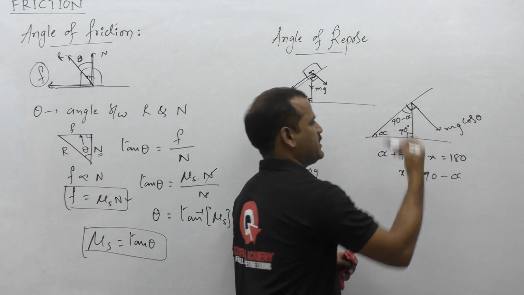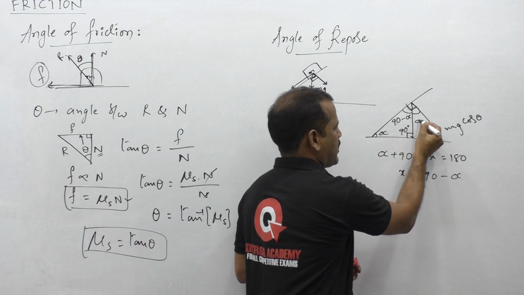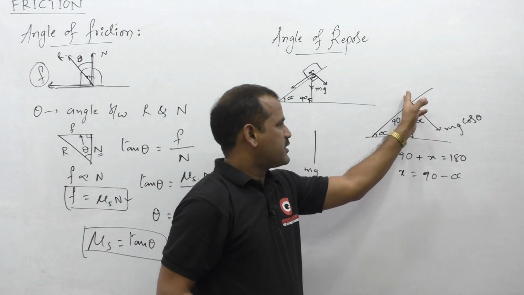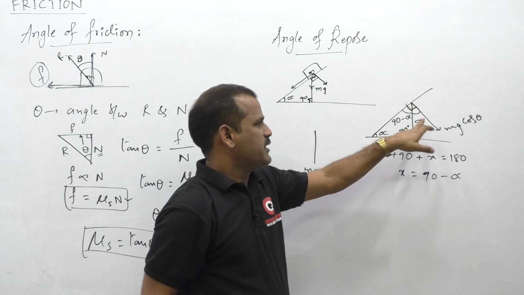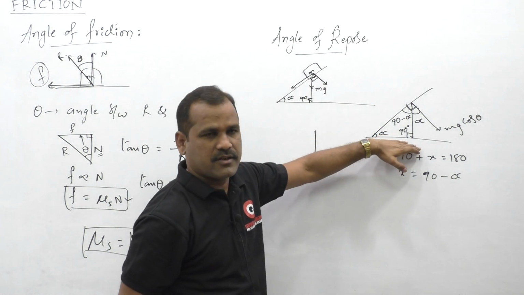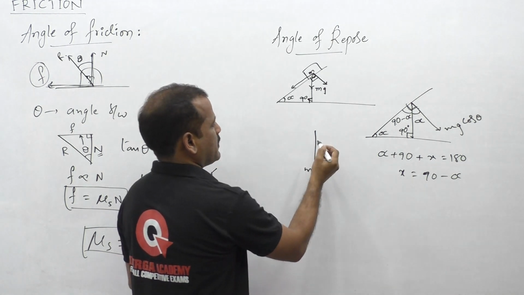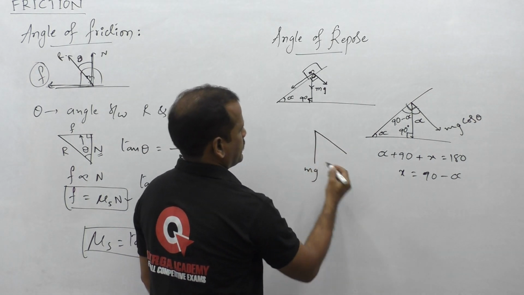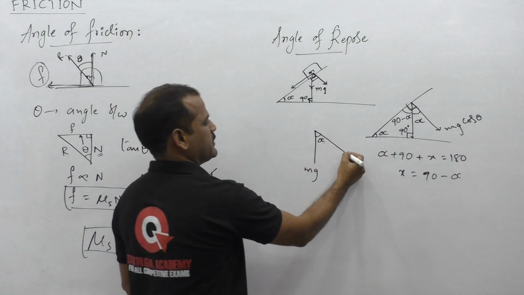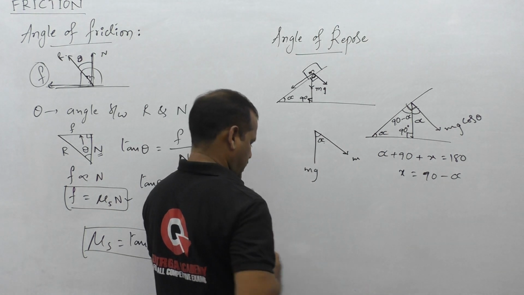Observe, this total angle is 90 degrees. If this is 90 minus alpha, then this should be alpha. Observe the angle between this weight component and the perpendicular component of the inclined plane. This is alpha, which is nothing but the angle of the inclined plane with the horizontal. Let us consider this triangle: this is alpha we have determined here. If this is alpha and this is mg cos theta, so this is the